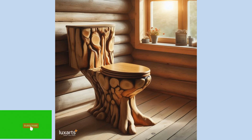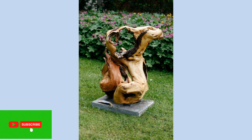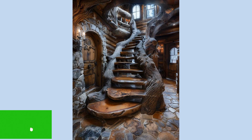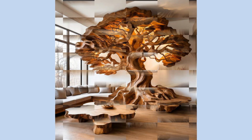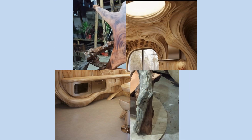delicate branches for hanging necklaces, bracelets, and rings. Materials: thin wooden dowels or natural twigs for branches, a wooden block or disc as a base, wood glue and a drill for assembly. Style ideas: elegant, smooth, painted branches with a lacquered base; rustic, natural twigs with bark left intact. Use: organized jewelry on a dresser or vanity. Wooden tree lamp. Design: a wooden base shaped